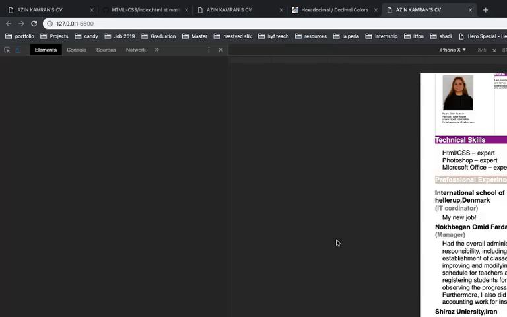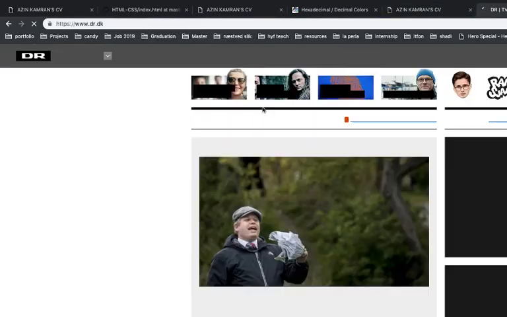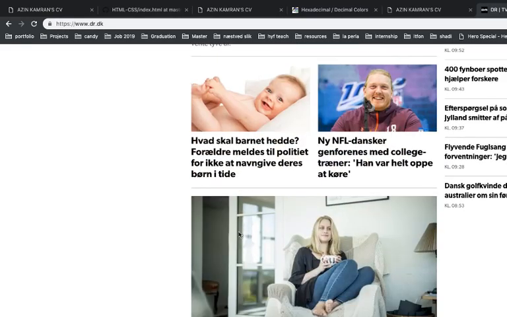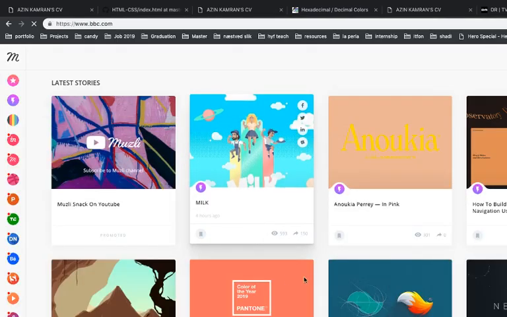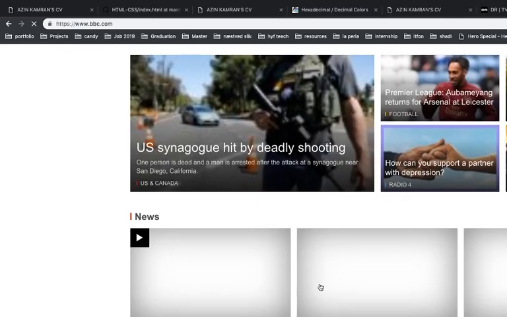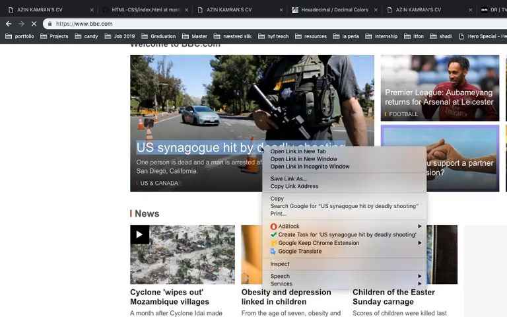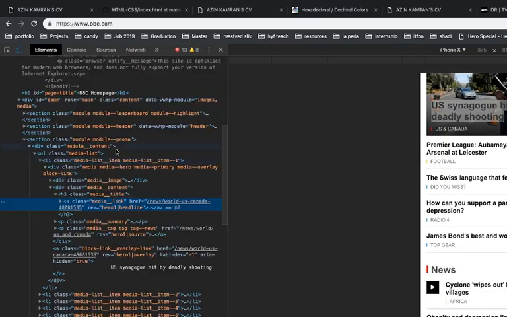Today we have to learn more about the inspector. So if you have any website, on Chrome, if you click on any item, there's the inspector. Let's go to PPC, this controversial one. A little bit better. So if we go here, and I want to change this item, for example, I will right click, then inspect. So it will select this item in HTML, and I can play with it. So there is the color,